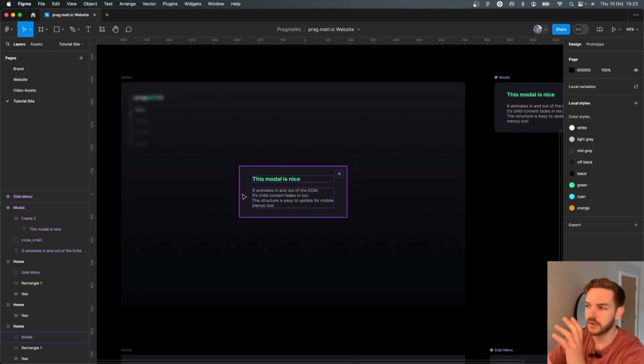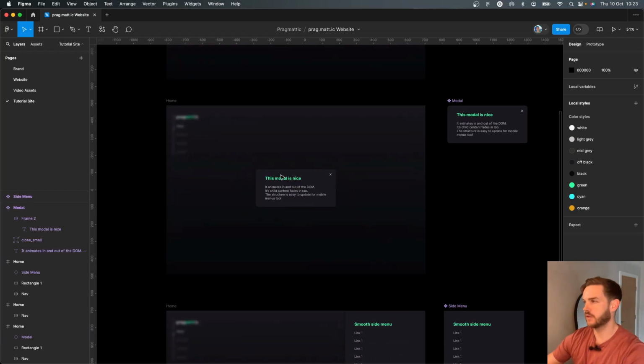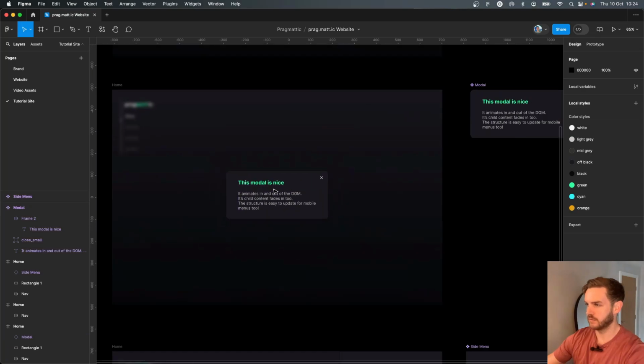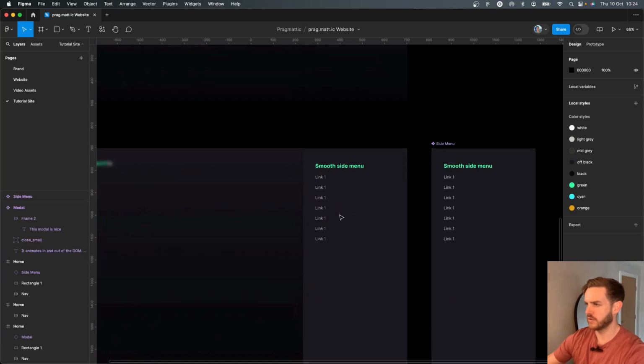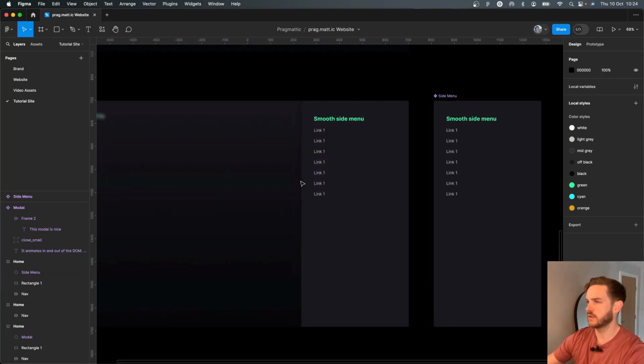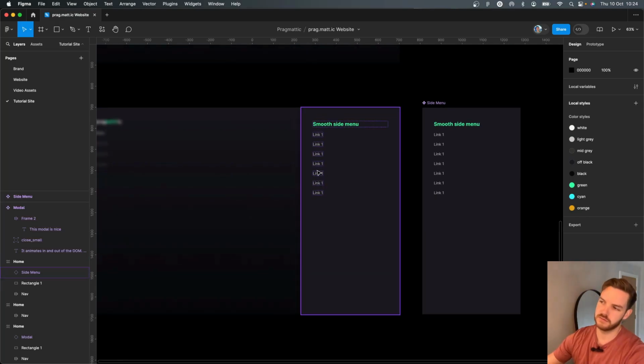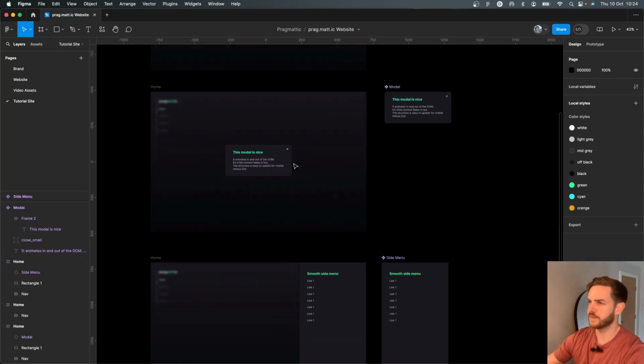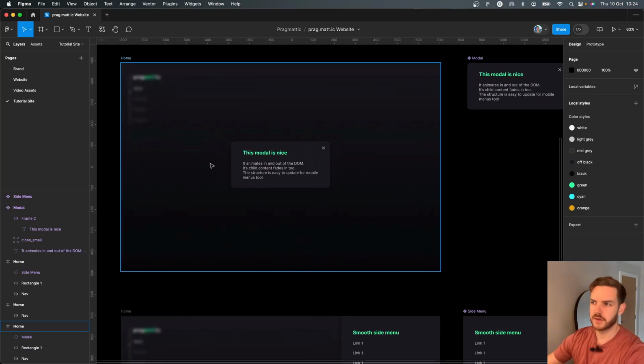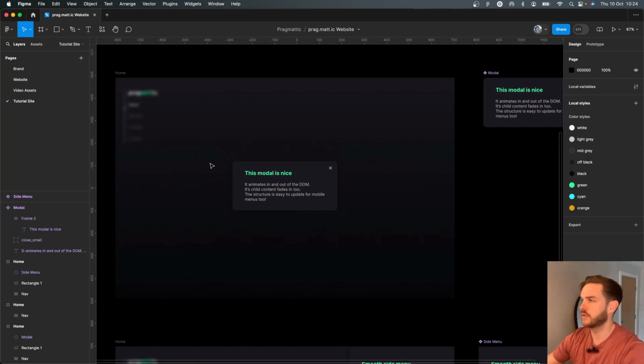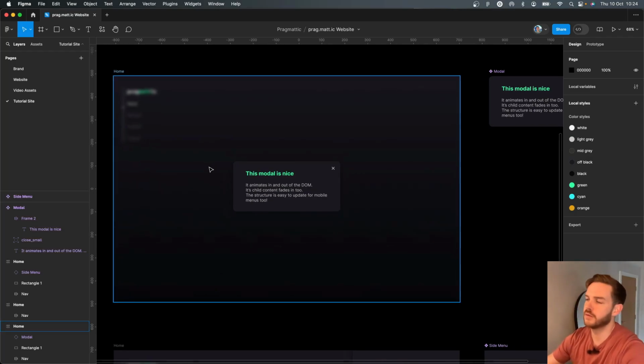And typically, these projects all need some form of a modal, whether it's a dialog pop-up like this or a side menu. Kind of typically this might be used on a mobile. I'm going to build this from scratch with you, but if you want to just skip to the end result,